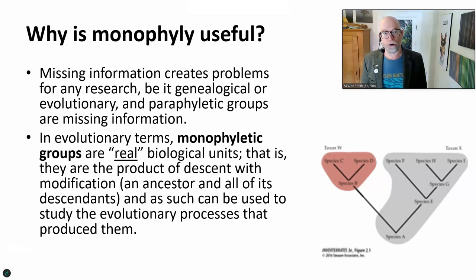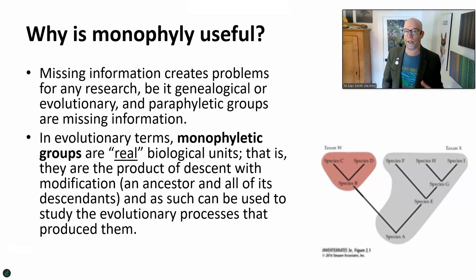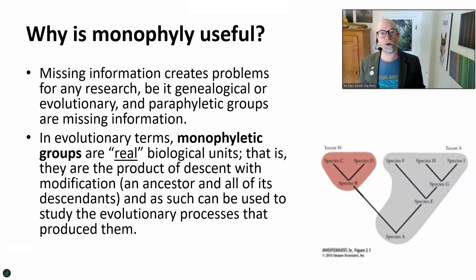A paraphyletic group, one that excludes things, is missing information. And so your understanding of that group is plagued by this missing information. So in evolutionary terms, this monophyletic group, this is a real biological unit. So it's the product of descent with modification. So an ancestor and all of the descendants. And as such, you can use it to study the evolutionary processes that produce them or make predictions because one